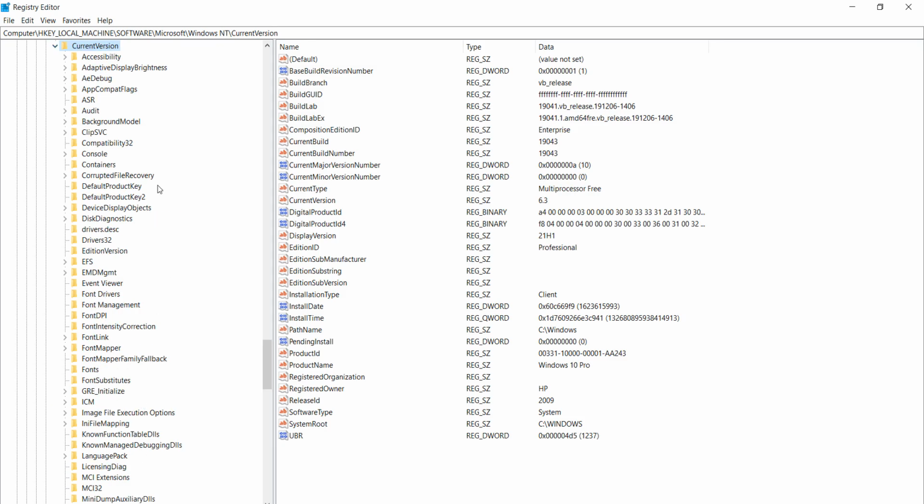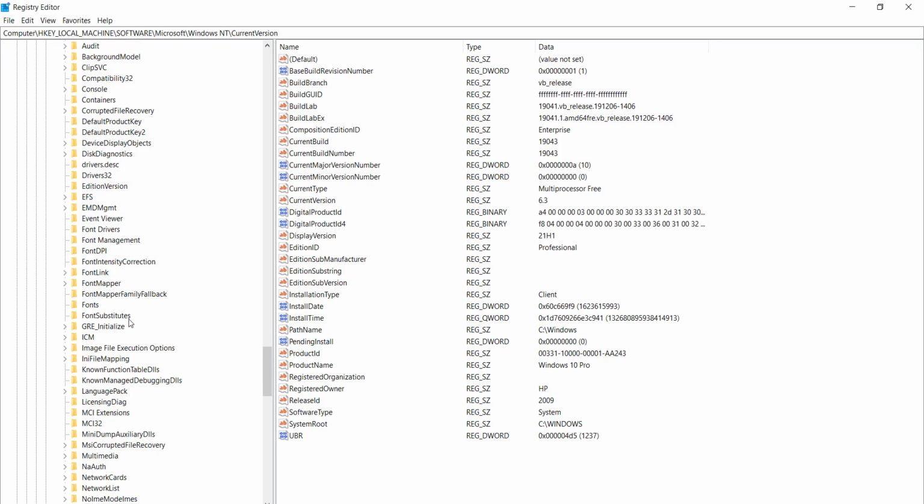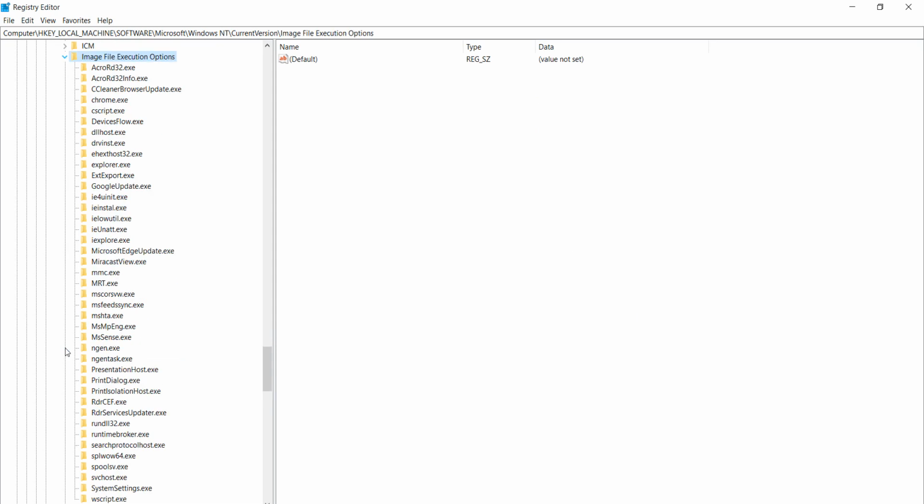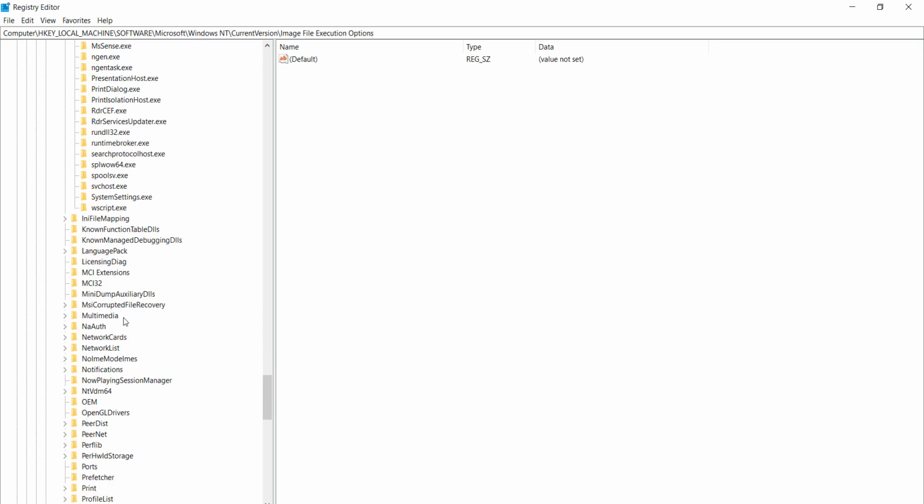After doing this, find Image File Execution Options, select it and expand it. After this, find taskmgr.